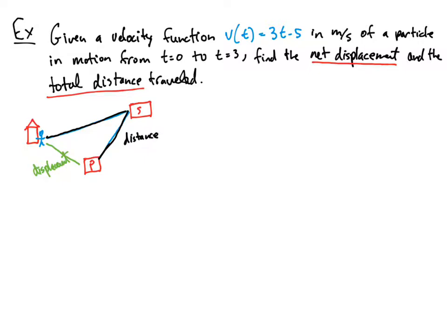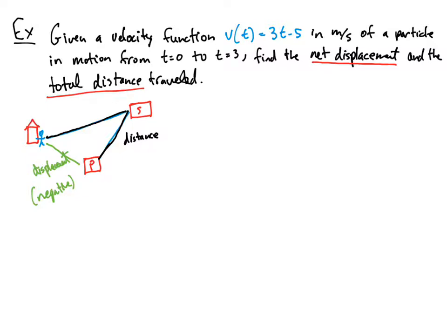Okay, so the displacement could be negative, right? If I walk to school and that's in a positive direction, and then I walk back to the park, and that's oriented in the negative direction, my displacement could be negative, but distance will always be positive. So now that we know what distance and displacement mean here, let's go ahead and answer this